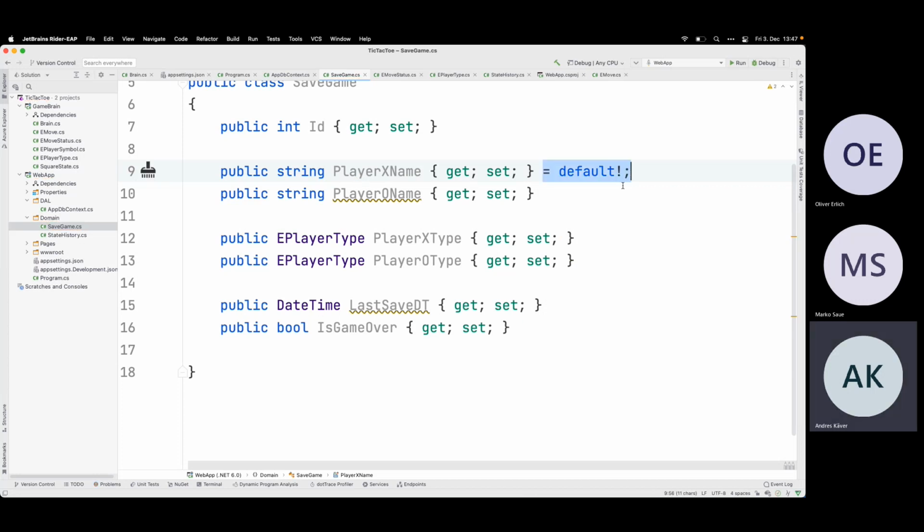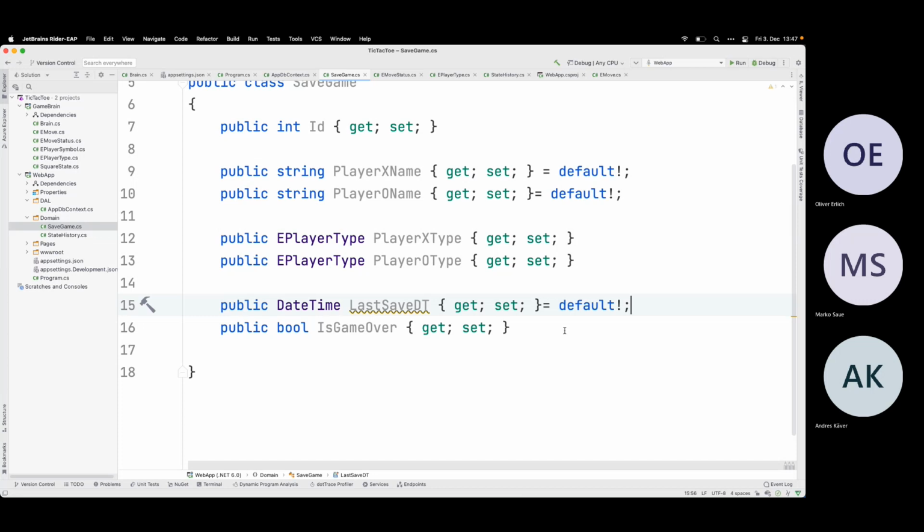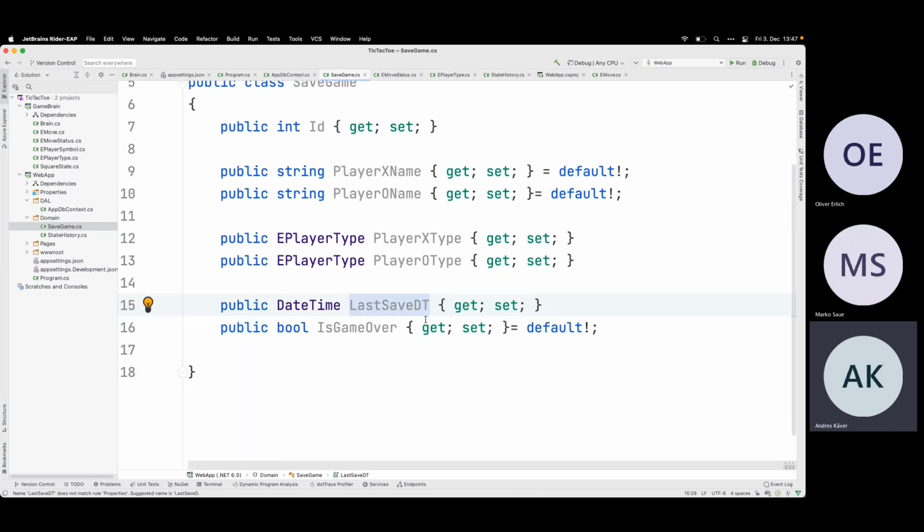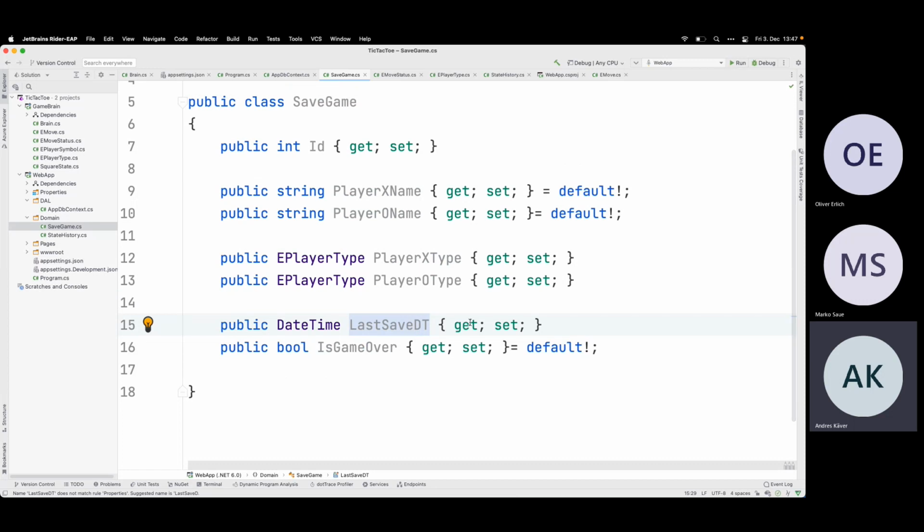So let's add the nullables, which I need here. Now datetime, it doesn't need. That one has the problem with the DT. Where is it? Inconsistent naming abbreviation list. Do I need anything else? Player 1, 2, last saved. The game over comes from here. I think this is it, hopefully.